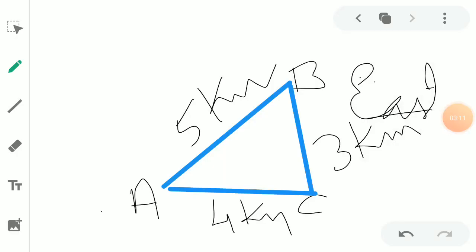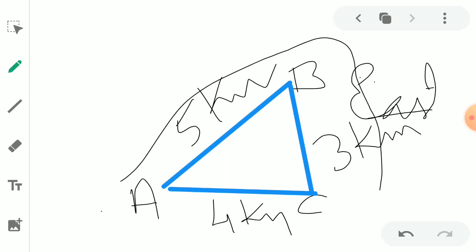So you can see that the path covered by the man from A to C is comparatively shorter than the path traveled from A to B to C. So we can say that this distance is the shortest distance to reach from the initial to the final position. And since it also defines the direction in which the body moves, it defines the displacement.